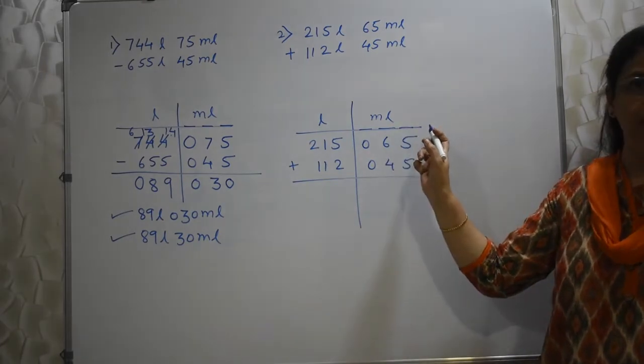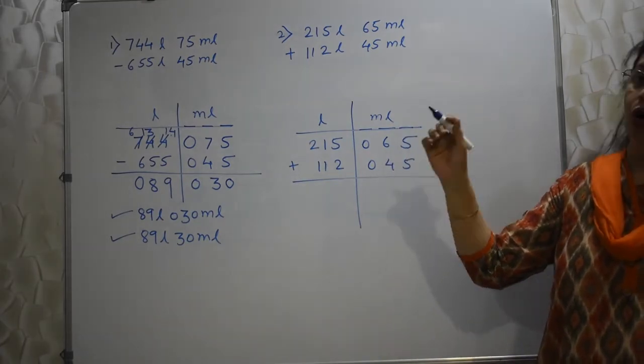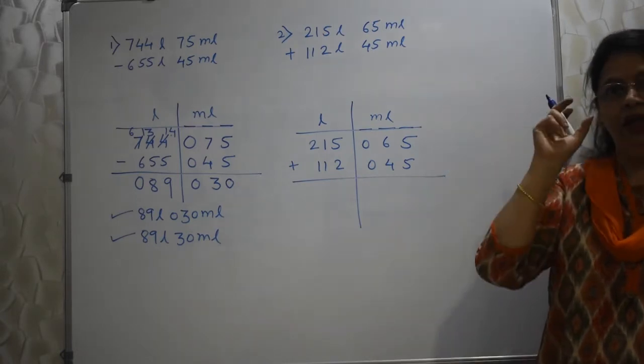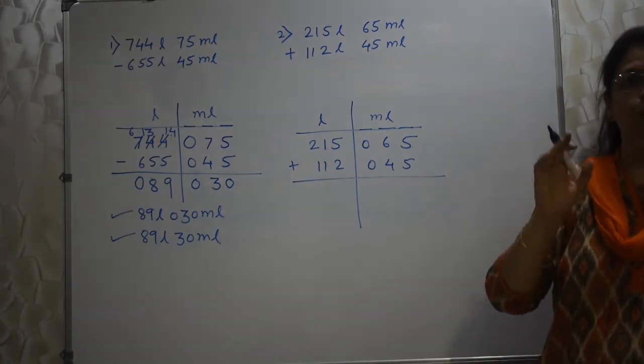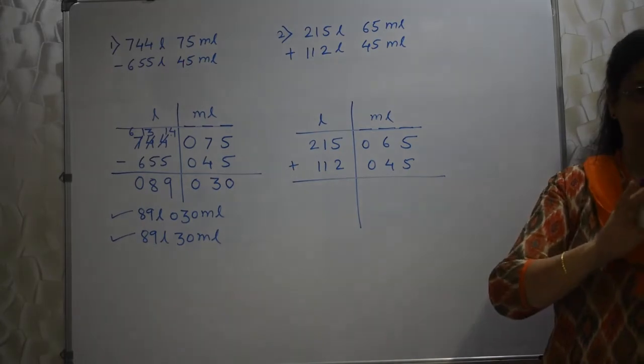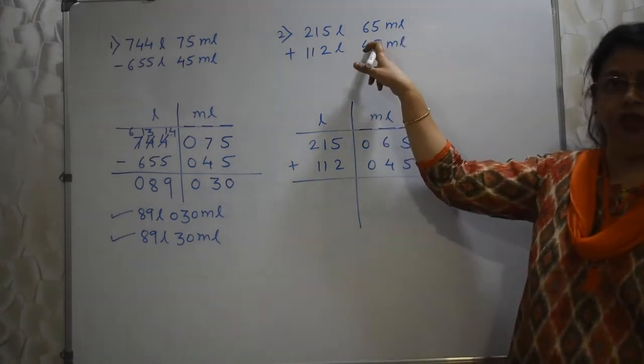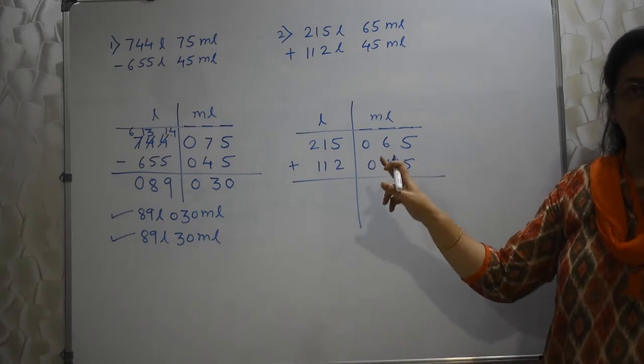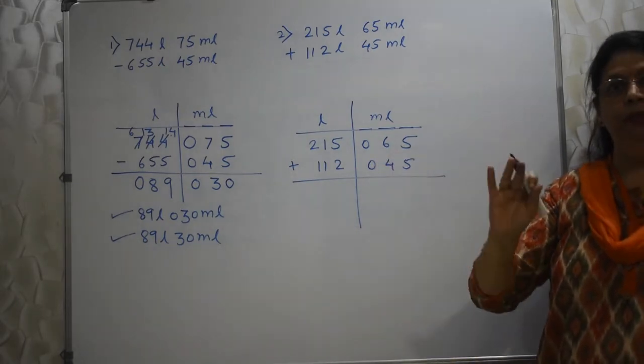How many places I should give to this ml, or in case of lengths also, whichever is on the right side has a definite number of places. You cannot give more, you cannot give less. Even though they have given you fewer digits, you have to occupy with 0. Okay, fill up those places with 0, but 3 means 3.